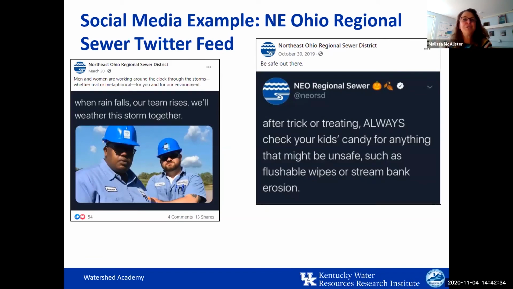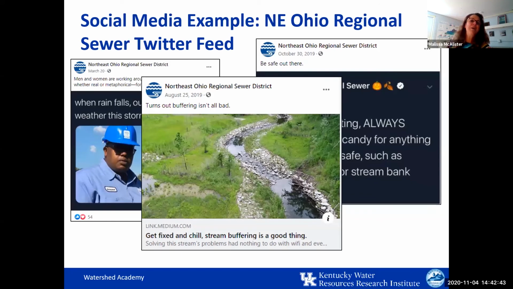So after trick-or-treating, always check your kids' candy for anything that might be unsafe, such as flushable wipes or stream bank erosion. And then, turns out buffering isn't all bad. They have some clever taglines and approaches to getting information